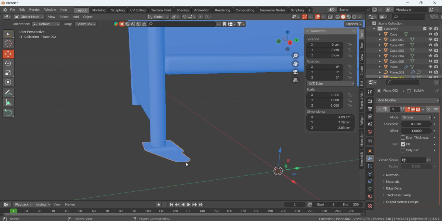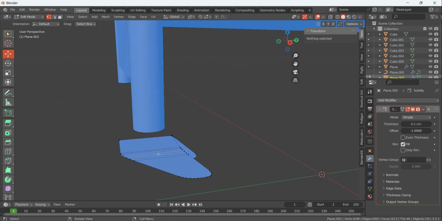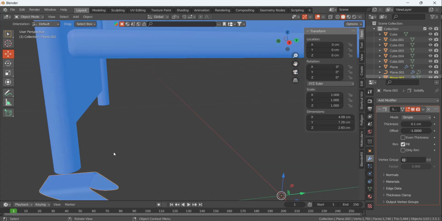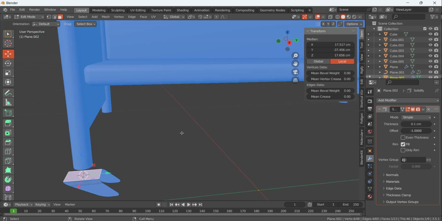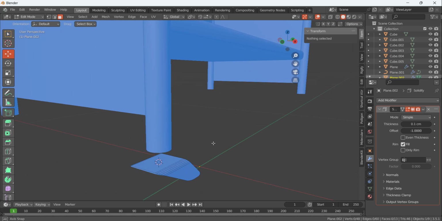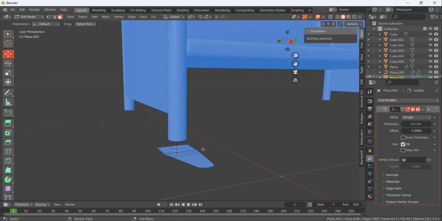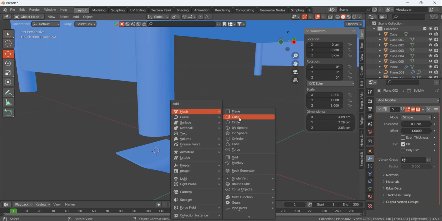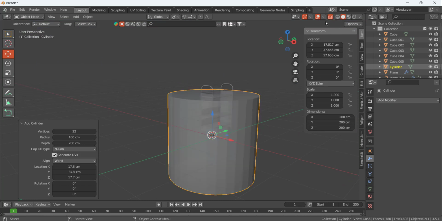Okay, and for this one, select everything and move a little bit. Press 3. Yeah, it's good. And here I'm going to select this top face. Shift S and we can cursor to selected. I'm going too fast. Just comment if I am doing it very quickly. So for the next tutorial, I will make it at a slow pace. So Control A, and here we are going to add a cylinder, and we can